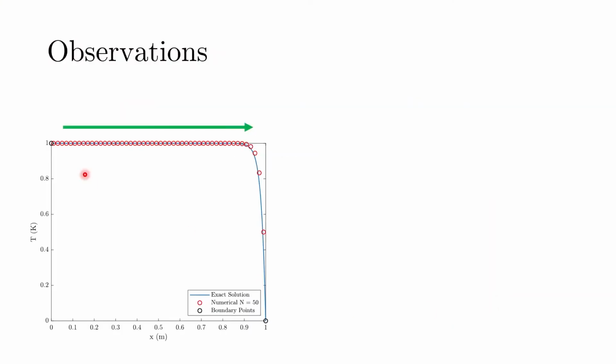Before we jump into the upwind scheme, I want to make a few observations that we obtained using the central differencing scheme, which I showed a couple of lectures ago as well. This is the case where we had the left boundary maintained at a temperature of 1, or a phi of 1, and the right boundary maintained at a phi of 0, or a temperature of 0 in this case. We saw that when the flow was going from left to right, a lot of points here were at the same value as that of the left boundary. So if the flow is from left to right, the dominance of the left boundary node is much more in the domain. As you can see here, almost until 0.9, every value is 1.